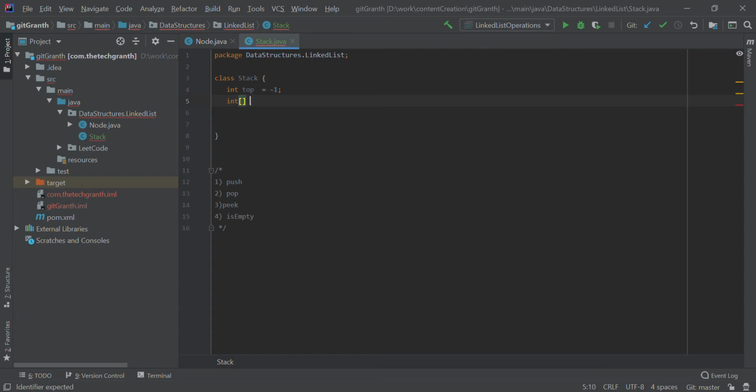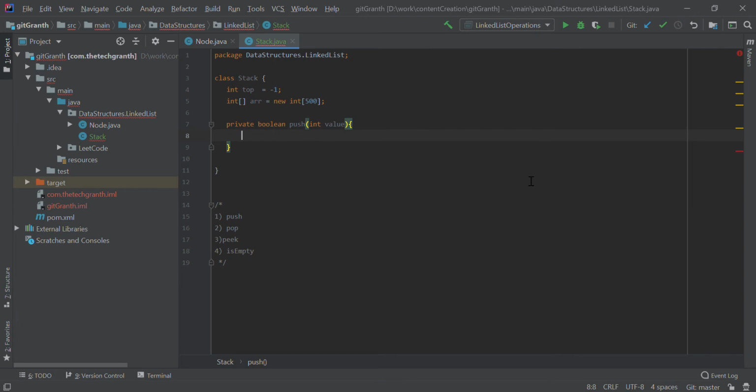So I will take an array which is also an integer, and we'll say we are creating a stack of length 500 for now. This can be varied later on to make it as integer dot max value or something like that, but for now let's create a stack where we'll put 500 values. So we need to create push, so we'll say boolean push, and it will take an integer value which has to be added as part of my stack.